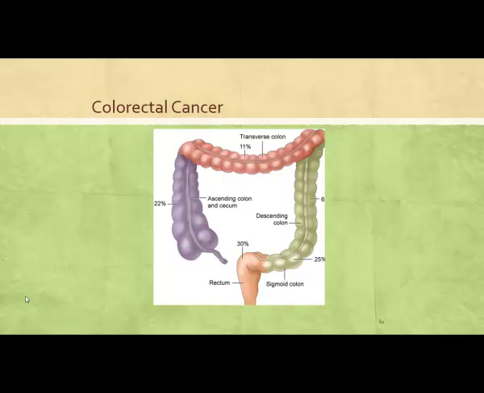Colorectal cancer can obviously metastasize just by direct extension. So it can just go through the colon, or it can spread through the blood or the lymph system. When we think about complications or problems related to colorectal cancer, we need to think about the bowels. So bowel obstruction or fistula formation. The tumor might invade neighboring blood vessels and might cause bleeding in the stools.